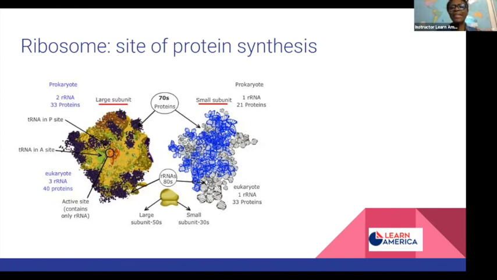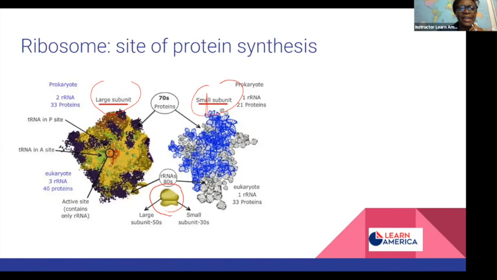Most of the time we just see it as this dot in the cell, but there's actually 2 components to it. There's a large subunit and there's a small subunit. So here's the full image of the ribosome, but there are 2 sections to it. The larger subunit